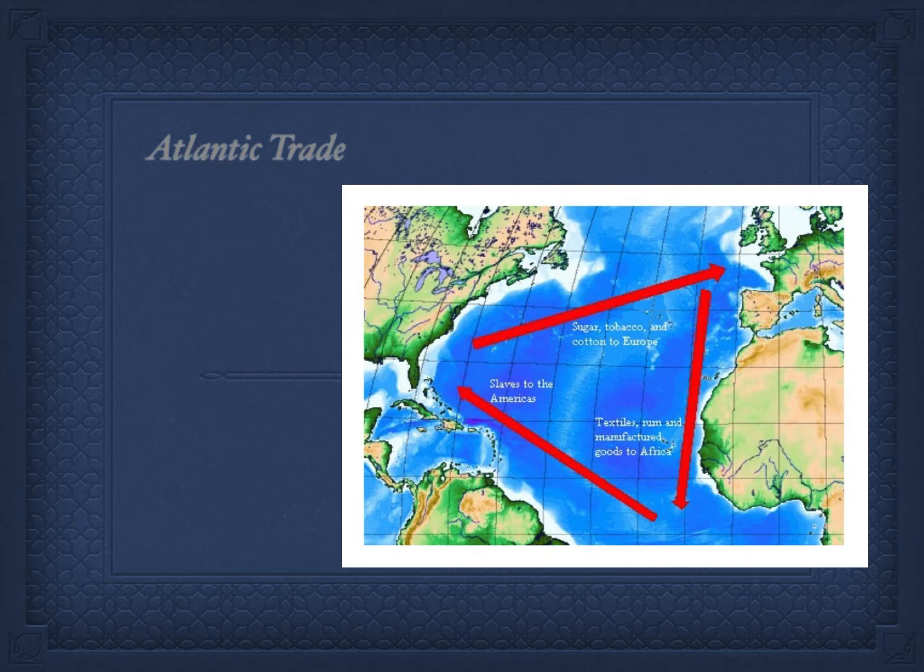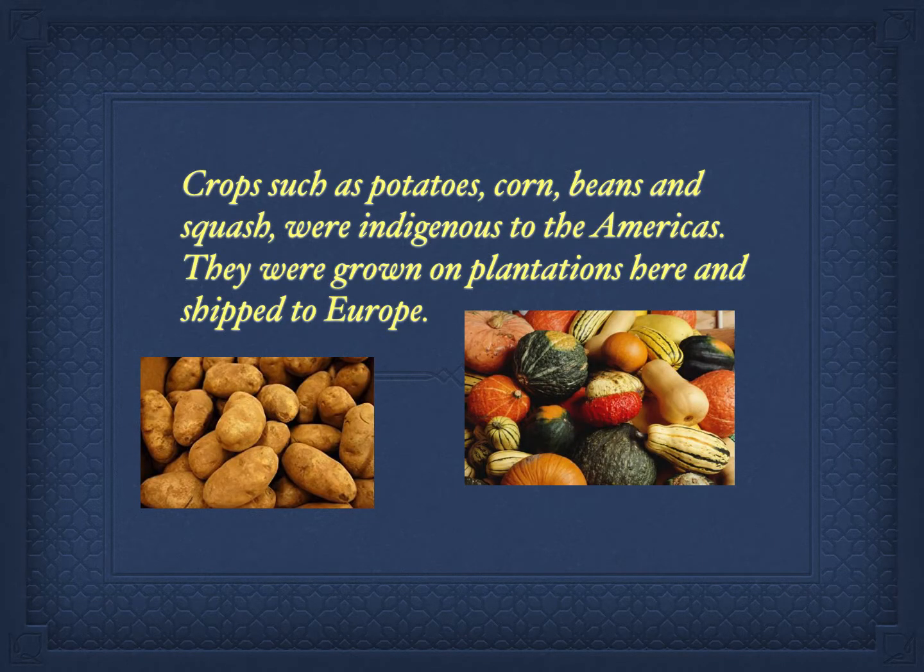Let's go to our next slide. Okay, so basically there were many food crops that were indigenous to the Americas, and I list 4 of the most important ones here: potatoes, corn, beans, and squash. And these were indigenous or native to the Americas, and they provided a very good food source for Europeans because if you notice, one thing that all of these crops have in common is that they have a high nutrition value and they have a high calorie value. And so you can feed more people with these crops and you can sustain a larger population.